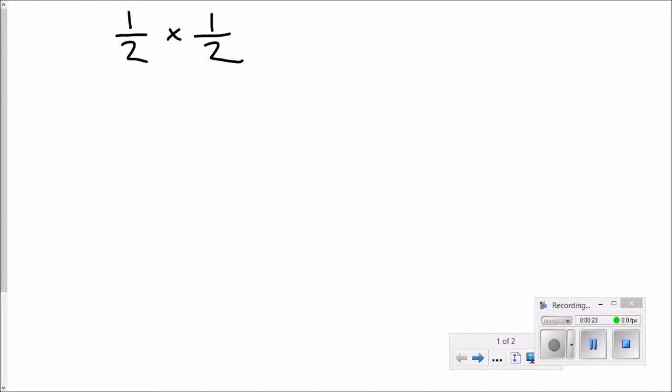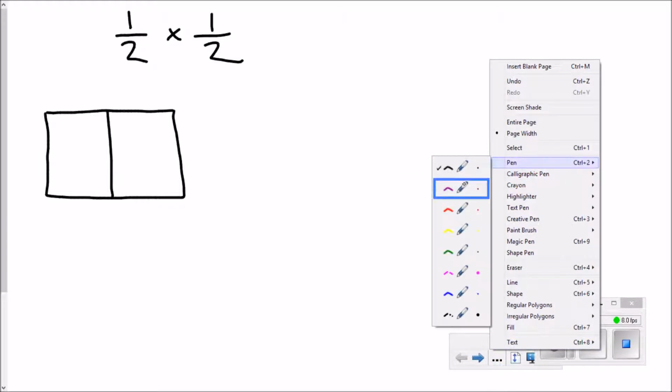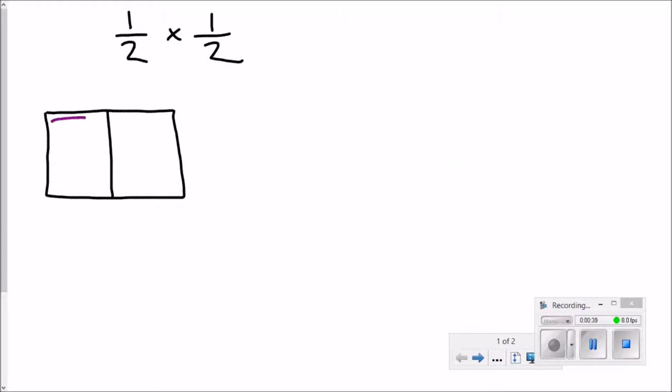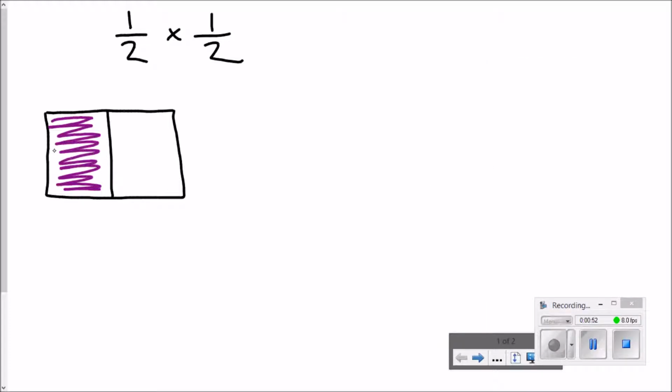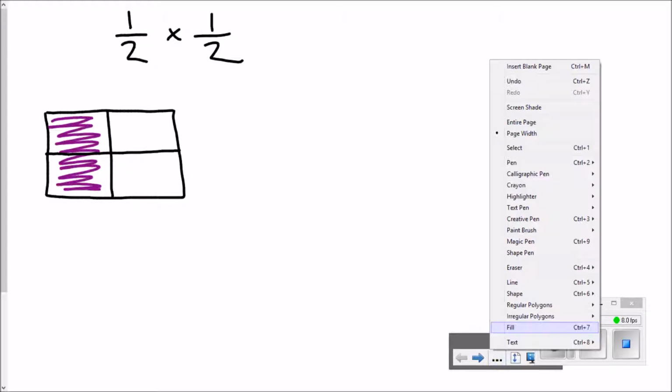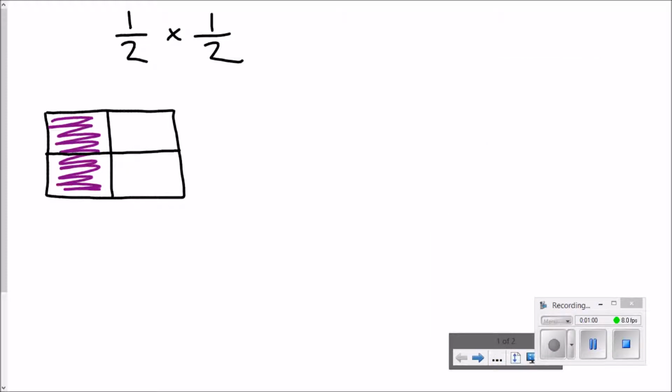So very first thing I'm going to do is draw a rectangle. It doesn't have to be a rectangle, but to me, using rectangles is easier than any other shape. And with this rectangle, I'm going to cut it in half and then just shade in one half of it. All right. Now I am going to cut it in half again, and I'm going to shade in one of those halves